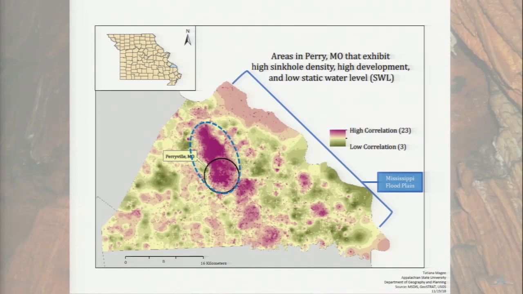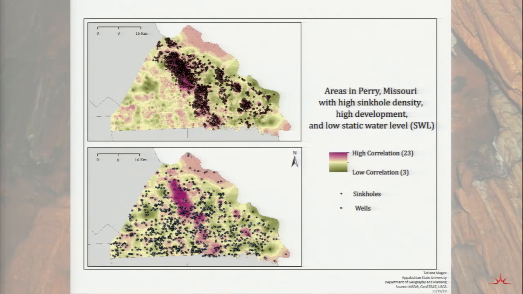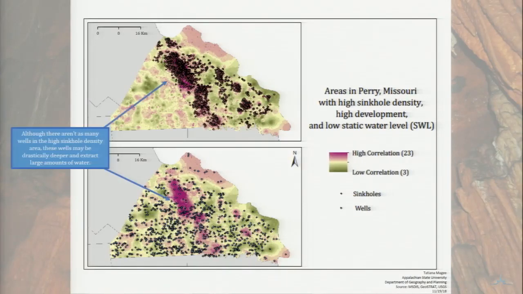You can see the Mississippi floodplain on the eastern portion of the county, and then the introduction of the Ozark Plateau right over here, which is where the karst topography is beginning to be found, and where high correlation starts to take place in the county. This is the same map, but I overlaid sinkhole and well point data. This was very interesting to see because the density of wells didn't necessarily correlate with the density of sinkholes like